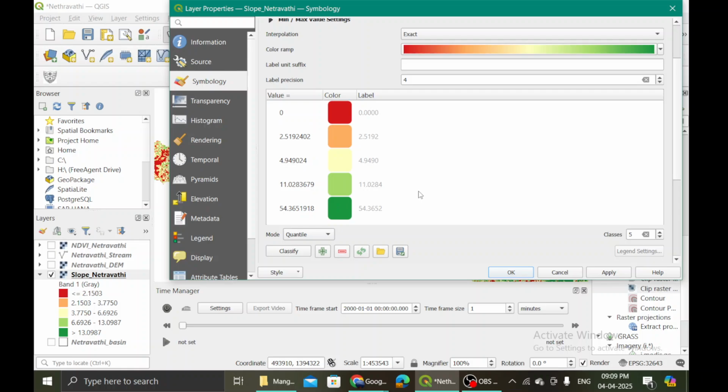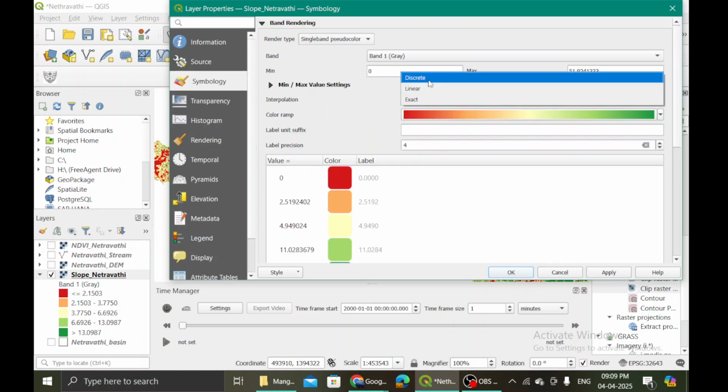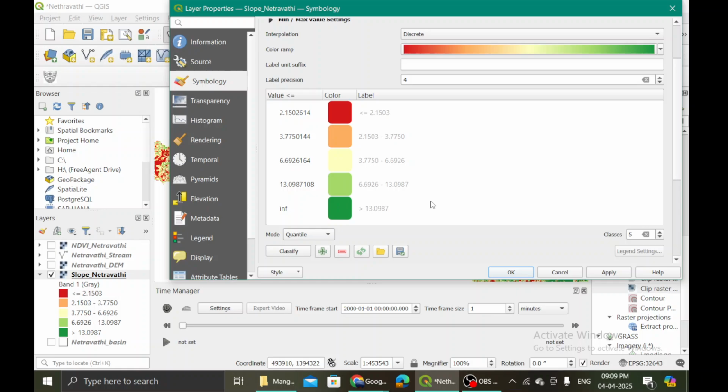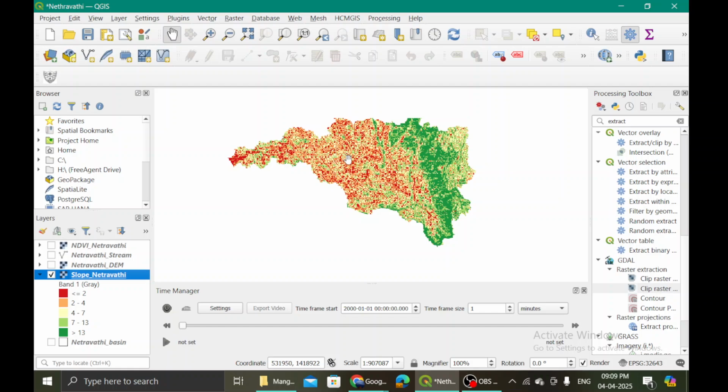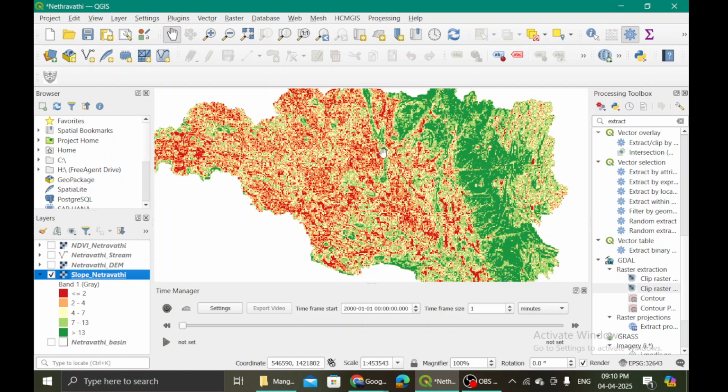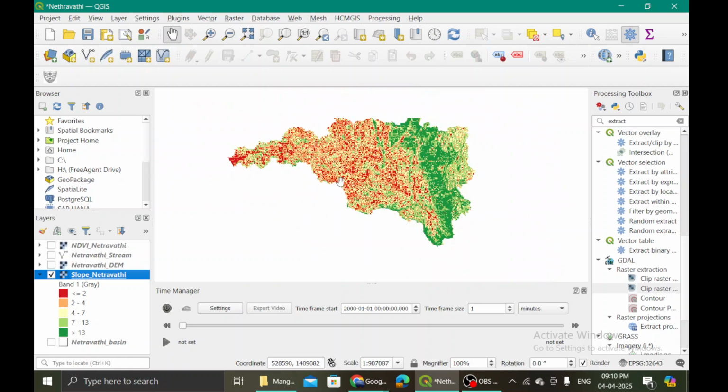If you turn it into discrete, we will reduce the precision to 0 such that all integers will show up, and then apply and hit OK. Okay. Now it seems to be more comprehensive.